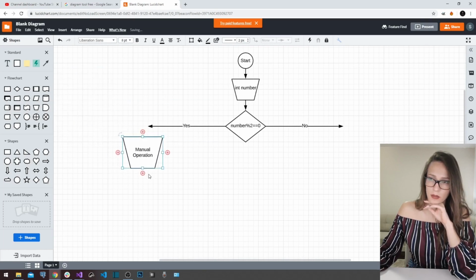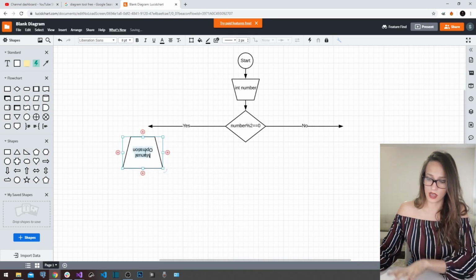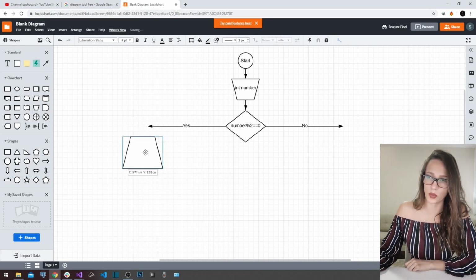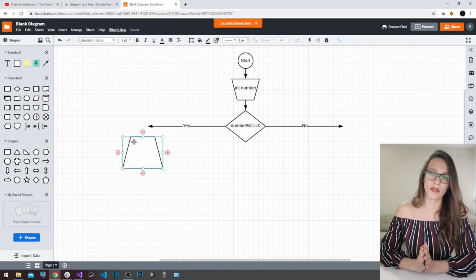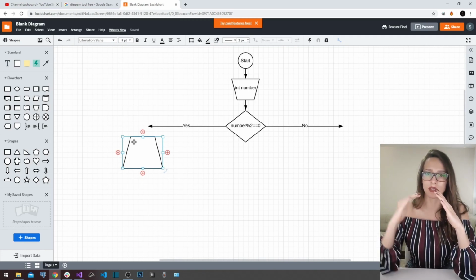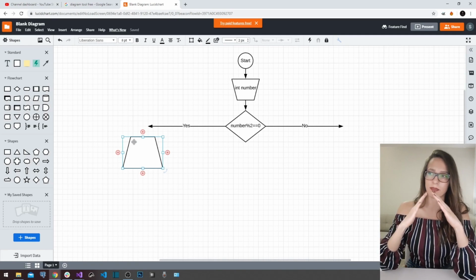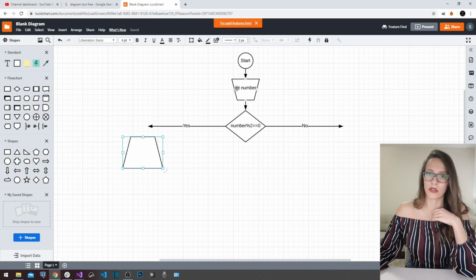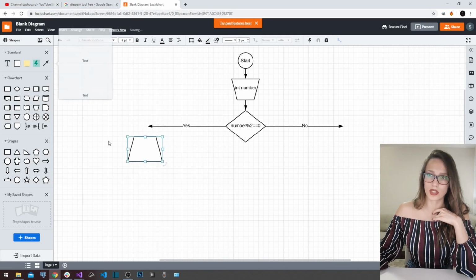once more, and I'm only going to rotate this shape like this. And I'm going to delete this text, and what we are going to be using this shape here for is to indicate that we are going to output something from our program. So it looks like this, which is clearly a visual of something is going to be outputted from it. So it is just reverse of this shape here, this funnel shape. And then inside this shape, let me write a text which is going to be,